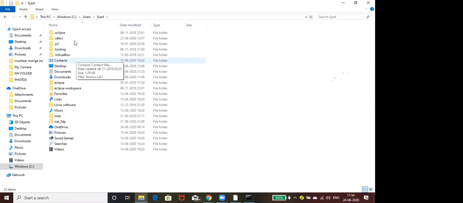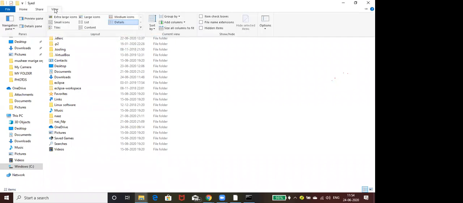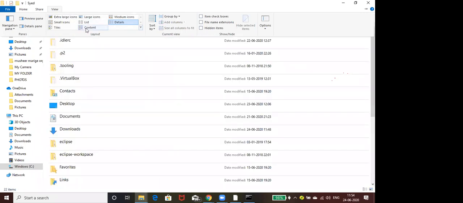Top there is view, right? Click on that one. View. Top there is option called view. Here content. Click on content, ma'am. Content hidden. So there will be option called hidden files. View hidden files.